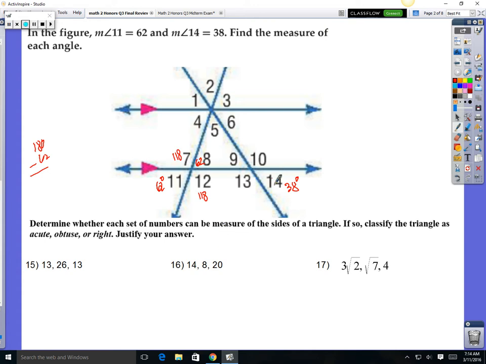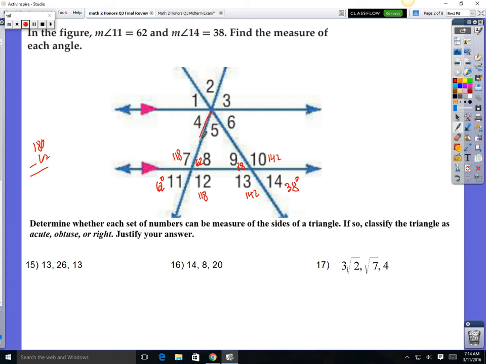Okay, the same over here. This is 38, 9 is also 38, and 10 and 13 are going to be 180 minus 38. So this is going to be 142, this is going to be 142. Okay, so far we just got the bottom 8 angles, and that's not too bad, that's pretty easy. Okay, now this in here,